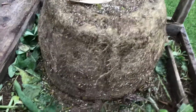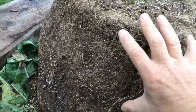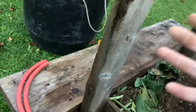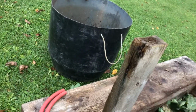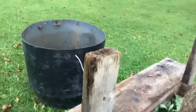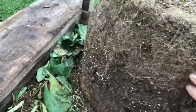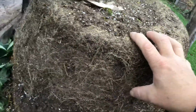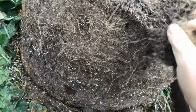So, as you can see, rather than what we see a lot of times where the plant gets root bound in a container like this, smaller containers, pots, whatever, potted plants in hard plastic, I'm a total fan of the fabric pots. Audrey, the mother of this plant and the one that was in the raised bed, Audrey 3, was in a fabric pot, and I like the way that the air pruning happens. And it appears that this plant did pretty much exactly the same. I had holes drilled, and the way this happened is beautiful. I'll pull this apart, and you can see